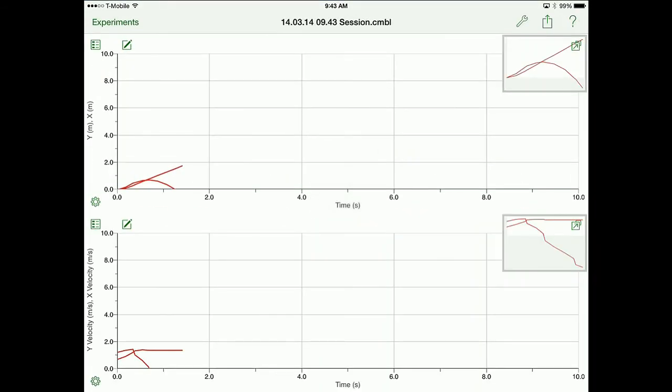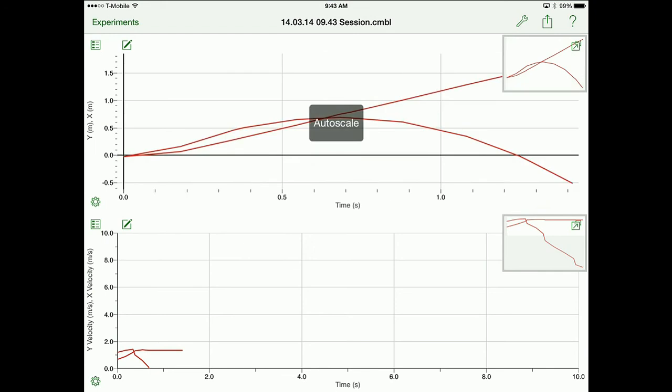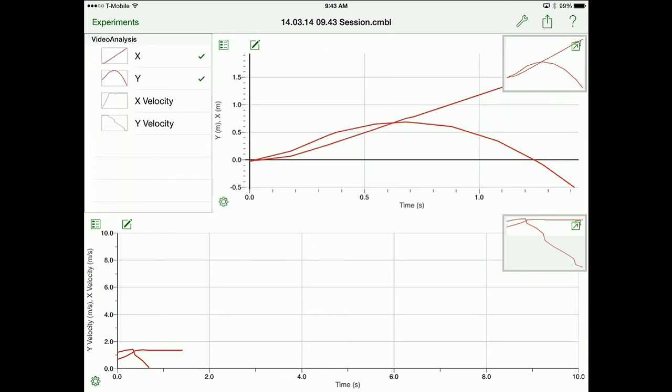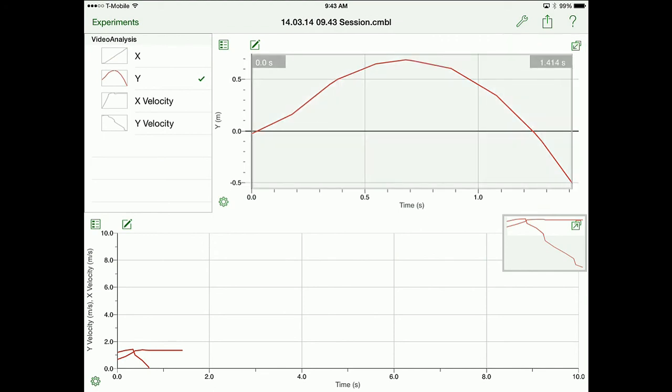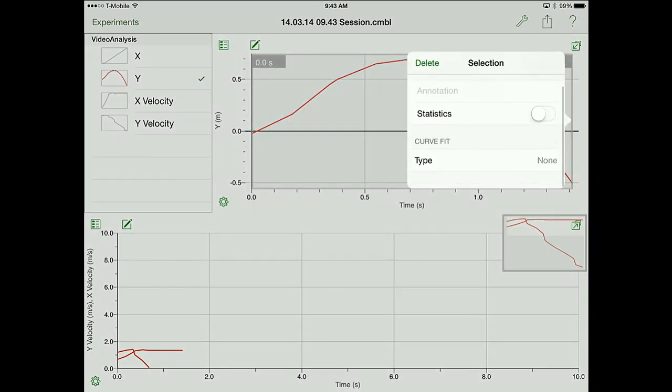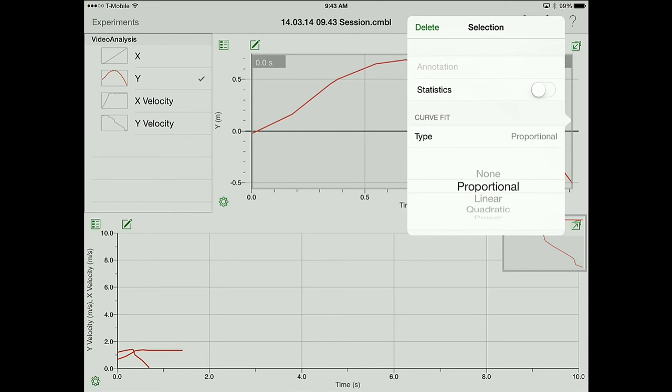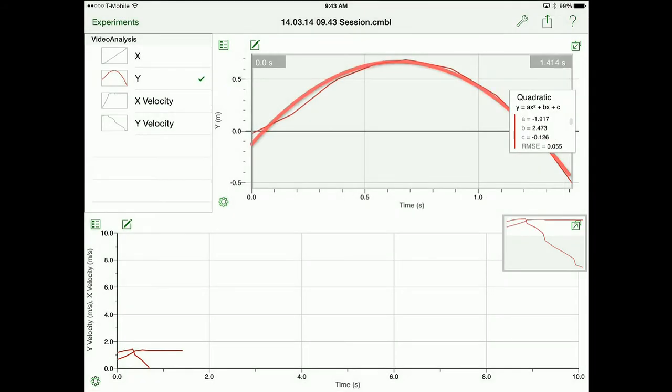What's great about this is that we have the opportunity to look at the individual data and then to do statistics as well as a best type of fit